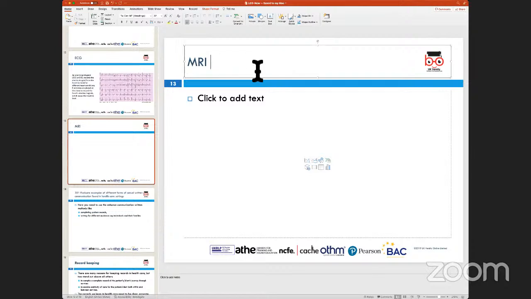So MRI scan stands for magnetic resonance imaging. So this is a scan which is normally asked to be done when you have broken bones, or when there